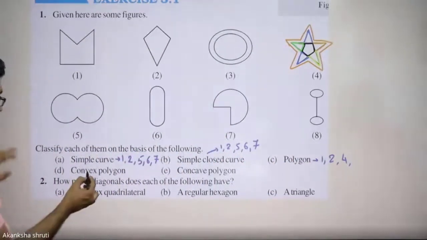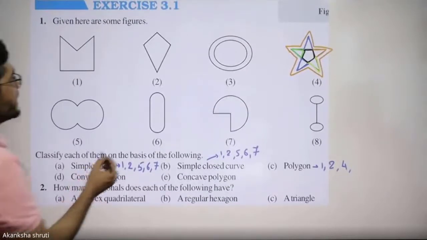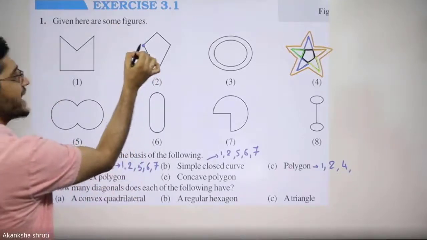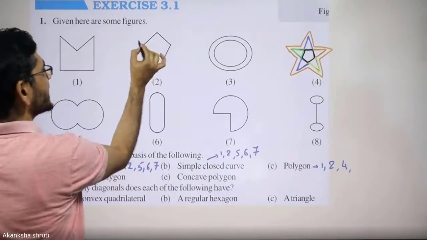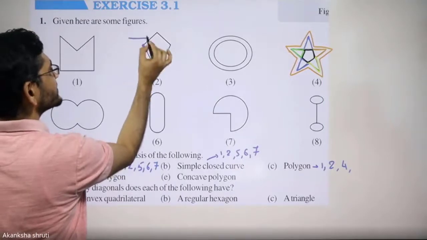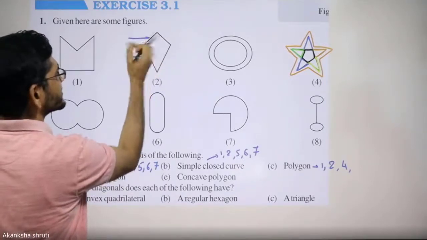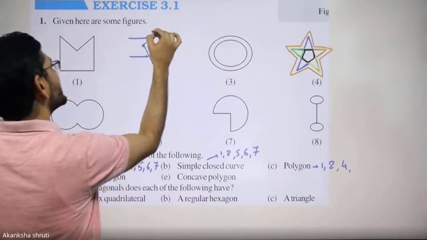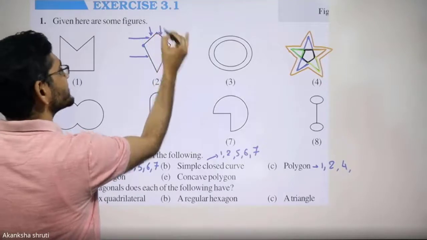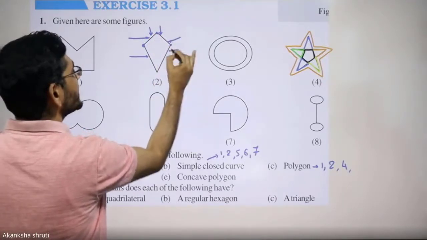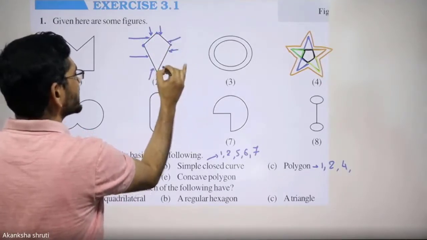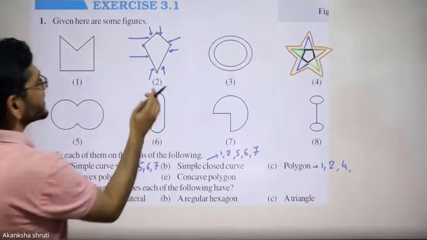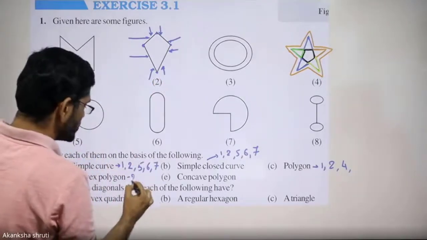Coming to the convex figure and concave figure. Convex. For considering convex, you need to look at the vertex. Here you are looking at, considering this vertex, whether these sides are inward with respect to this vertex, or this vertex is outward. Similarly, coming here, you get this vertex is also outward. So all these vertices are outward. Therefore, the convex figure is our figure number 2.